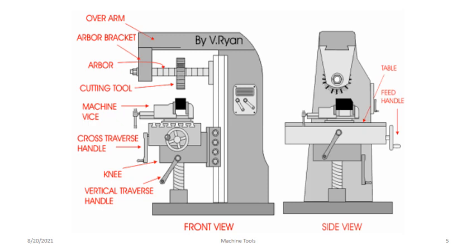So you can see the side view, you can see the table and feed handle, this one is the table elevating screw, and this one is a vertical traverse handle. This one is a base. So we can see the 3D dimensions, the working of the horizontal milling machine, front view and side view. It is not necessary in examinations; only a simple line diagram you can write and label the parts, not necessary this type of figure.